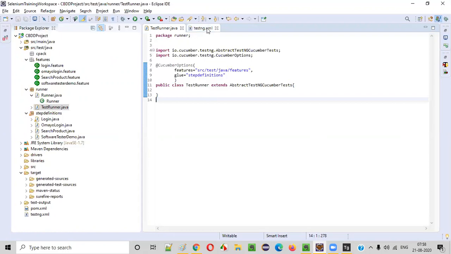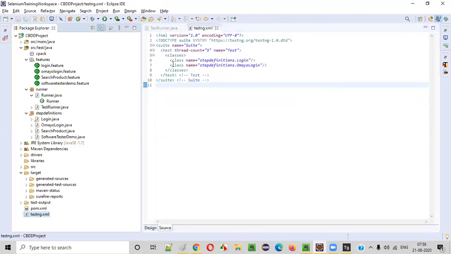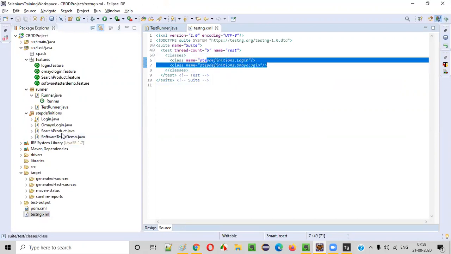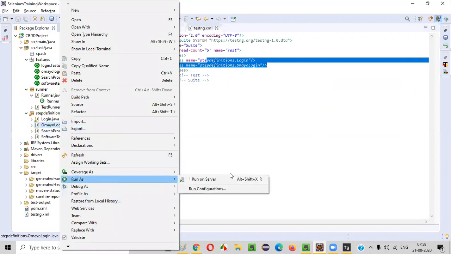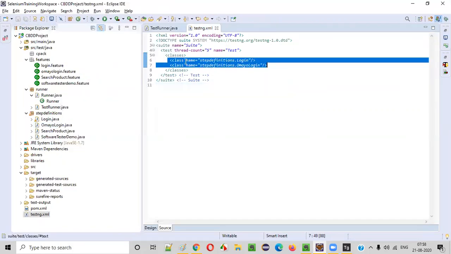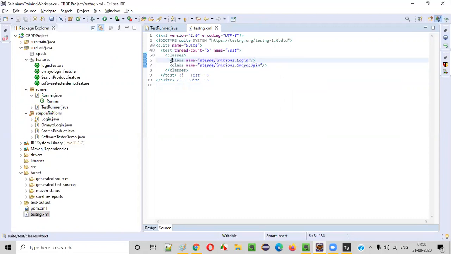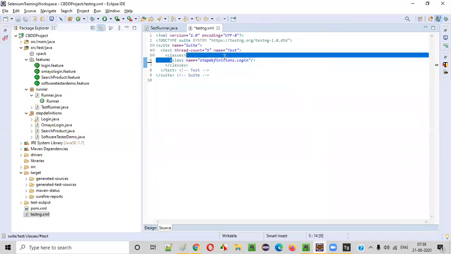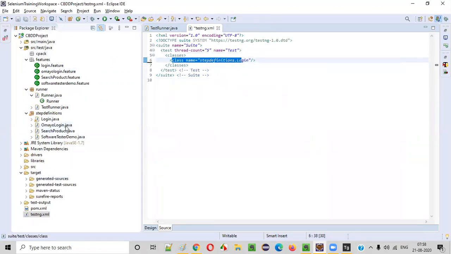So if you want to run the testng.xml file, here you are providing the classes. This is not the correct way, right? Cucumber will not run like this. You cannot directly run the step definitions, right? Click run as. This is not the correct way. You see, there is no running. But the testng.xml file is providing the classes here. So you should not be writing this class, guys. Remove one of the classes from here. And what should be provided here, guys? Which class should be running? In order to run the Cucumber feature files, which class should be specified here? Any ideas?